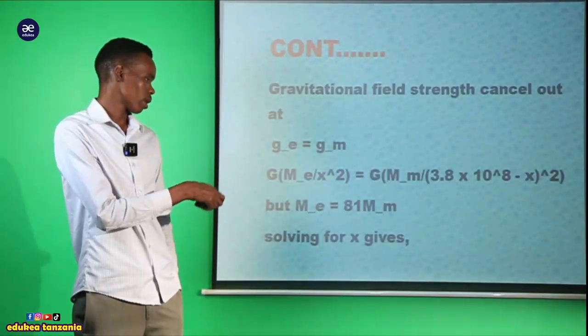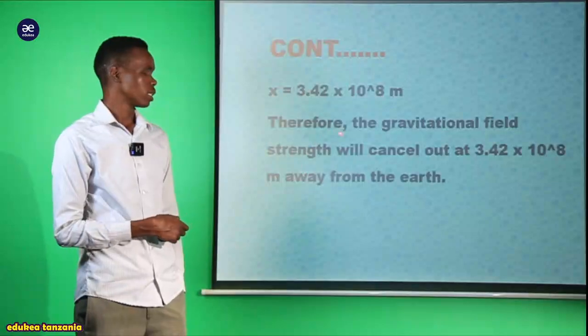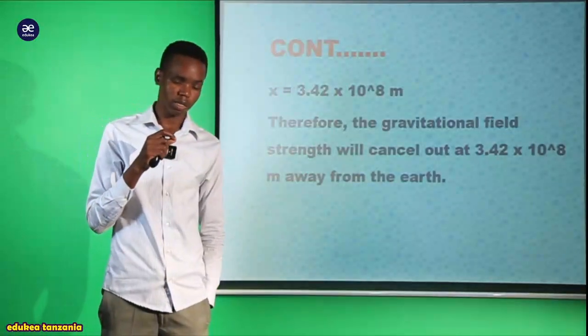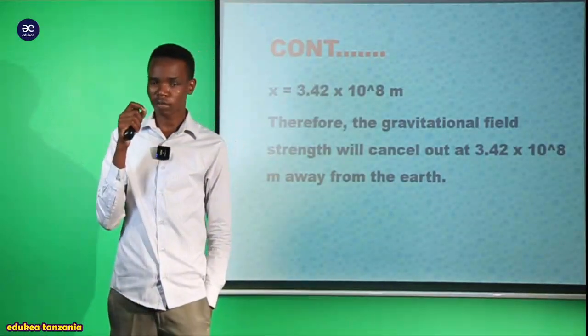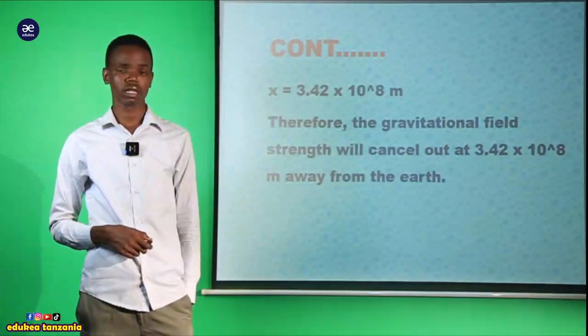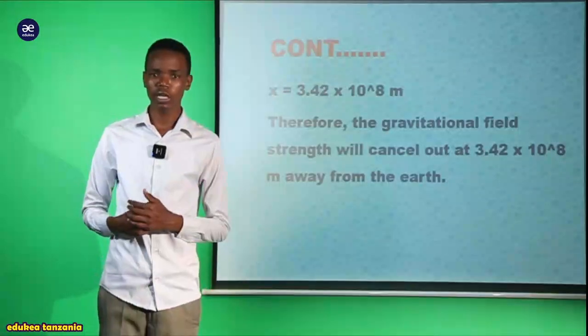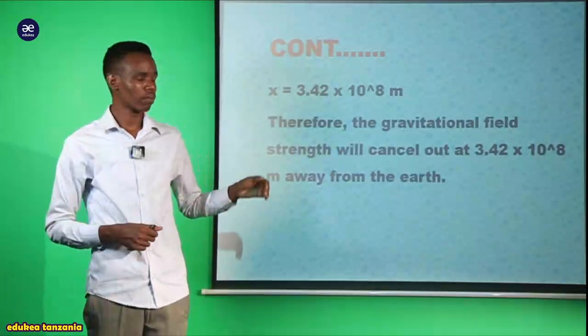Kwa tukimsubstitute hapa wata cancel out. Mwisho wa siku tutapata yule distance ambayo alisababisha ile resultant gravitational field strength awe bini cancelled. Tutaweza kumpata ni sasa 3.42 exponent 8 meter. And after that we should conclude by saying that therefore